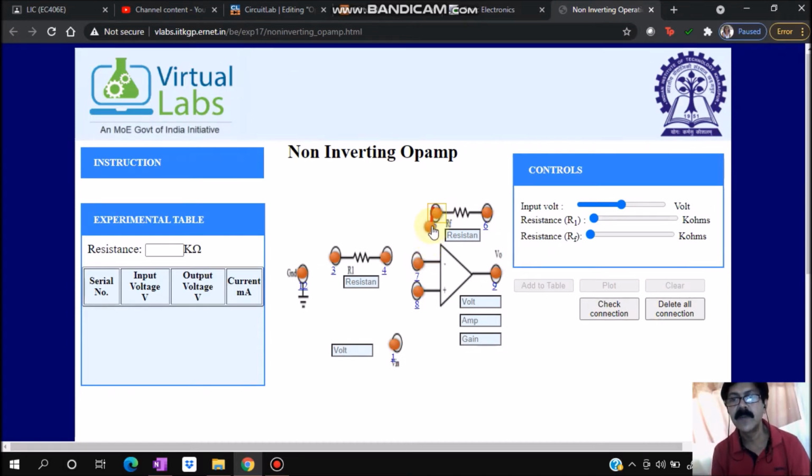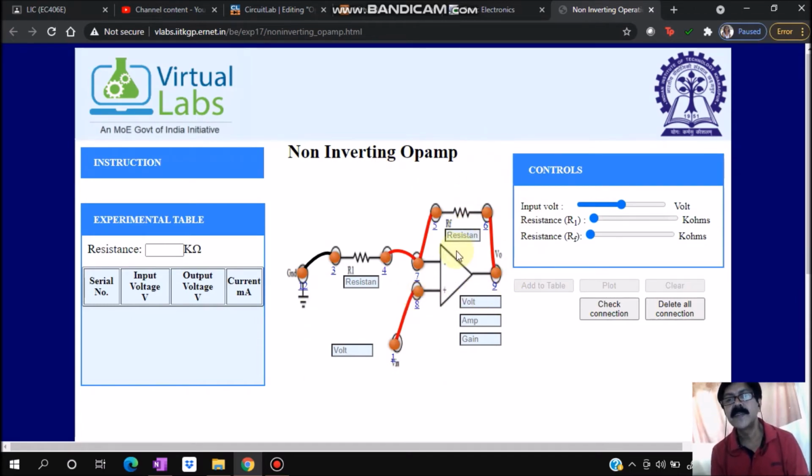Yes. See how when I have dragged this one, this connection I need to put on a feedback to the inverting terminal. Similarly, output RF should be connected to output. Now this R1 I must connect to the inverting terminal, and as it is a non-inverting amplifier I must ground this R1. So I will connect this to here. Now what is remaining? That I should provide an input to the non-inverting terminal. So this is the input voltage signal which I have connected to non-inverting. Now in my opinion the connection is okay.